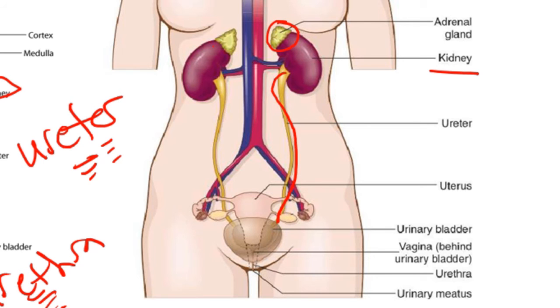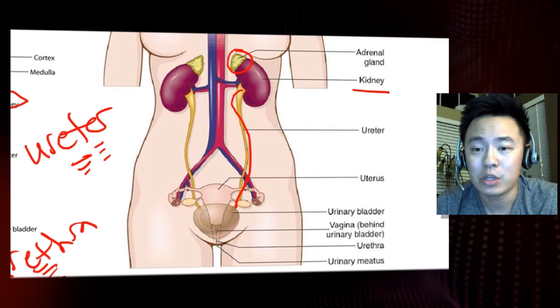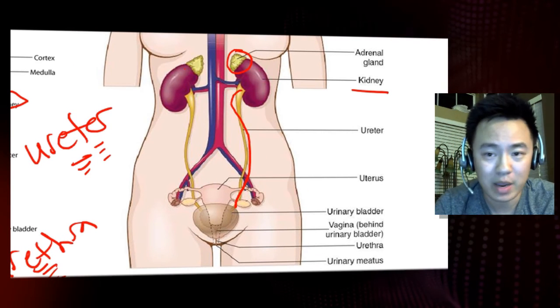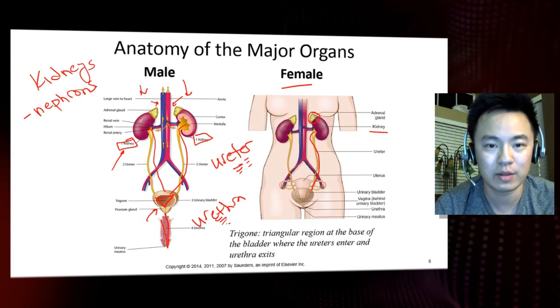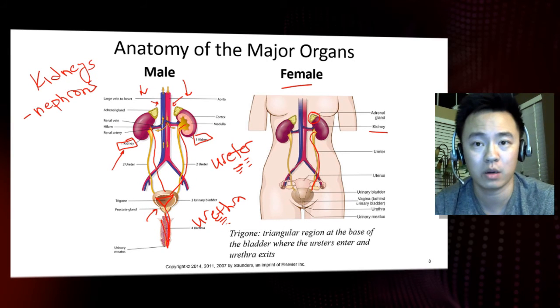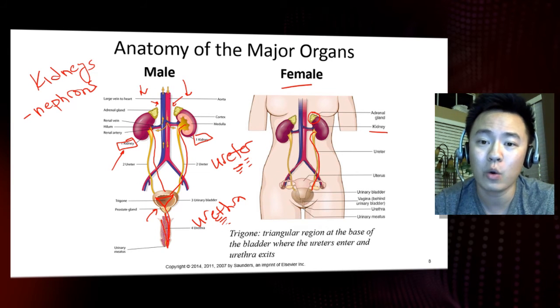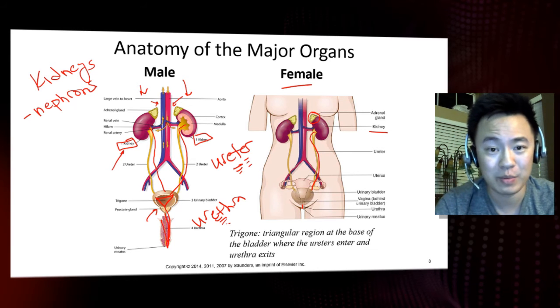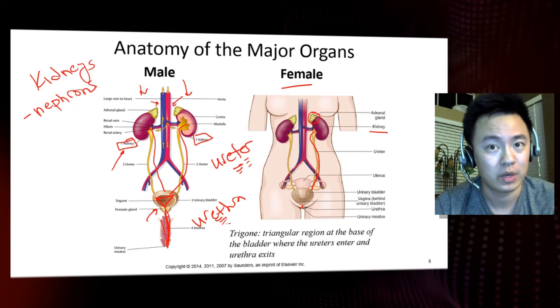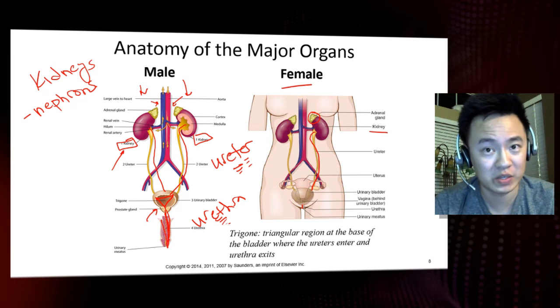Now, here's the thing though. As you can see here, the urinary bladder in women versus that in men is very common, but it's that urethra right over here. Check this out. In men, you can see that the urethra is significantly longer compared to that of women. Women only have a urethra between 2 to 3 centimeters in length versus men, who have around 10 to 12 inches in length.